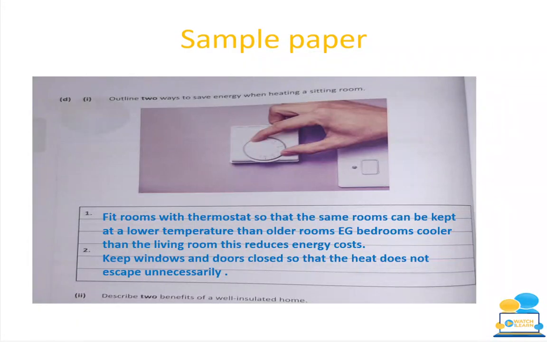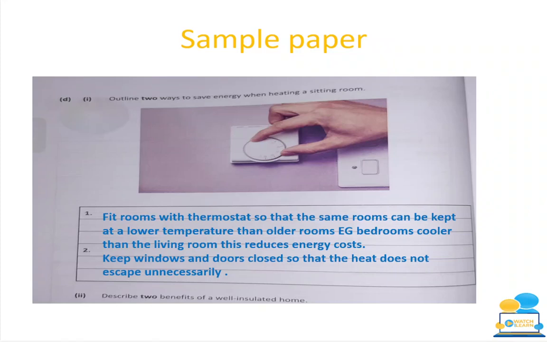Here's a sample paper. It says D part I, outline 2 ways to save energy when heating a sitting room. For this you are looking for full sentences because it says the action verb outline. So my first sample answer is part 1. You should fit rooms with a thermostat so that the rooms can be kept at a lower temperature